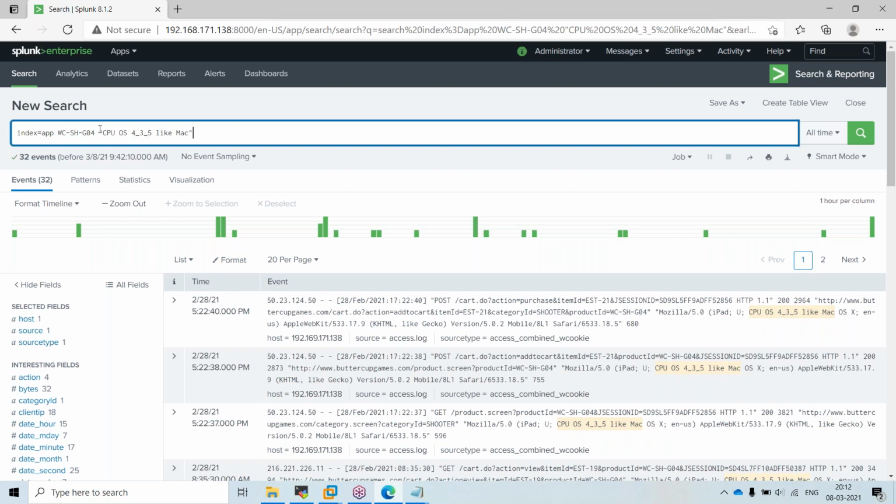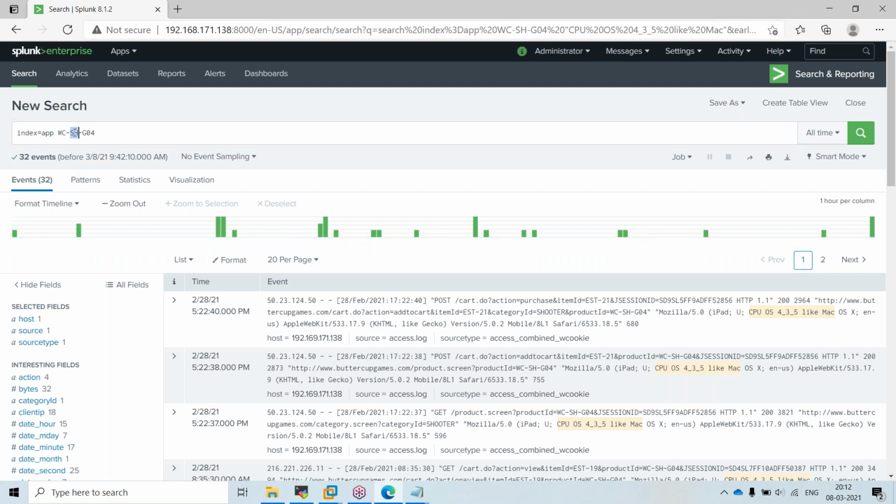If you enclose it in double quotes, that is a single word, else it will treat everything as individual text.